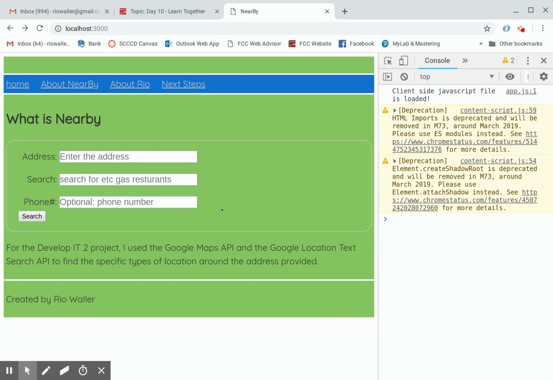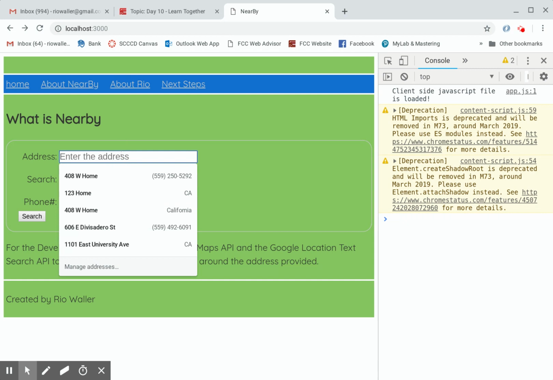So in this sense, I left it very much like what he did on the weather, implementing it on section 8. But what I did, obviously, is I needed a little more input, not just the address, but I wanted a search term and an optional phone number. So let me show you how I handled those. And right now I'm not fully implemented, but what I can do